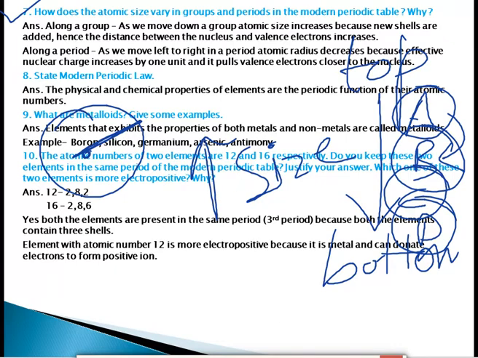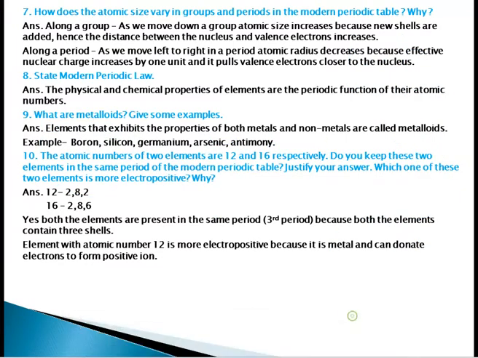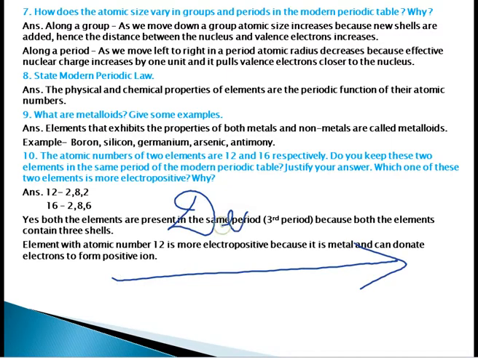Now what is the trend along a period? When you move from left to right in a period, the atomic size decreases. What is the reason for that? Why does the atomic size decrease when we move from left to right in a period? Because effective nuclear charge increases. Remember this point. When you move from left to right in a period, effective nuclear charge increases by 1 unit, because of which the nucleus will attract, it will pull the valence electrons towards itself, and the size will